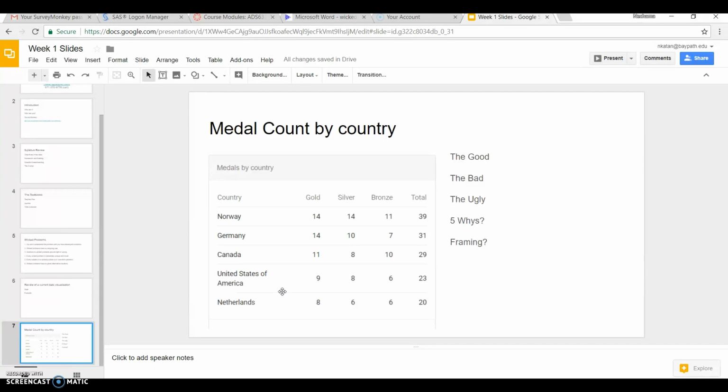Or if, let's say, you're in the United States and you want to say, okay, why did the United States really fall off this medal count? Which sports did they not perform well at, etc. If you ask 5 whys, and typically the 5 whys are asked in a dynamic environment where I could drill